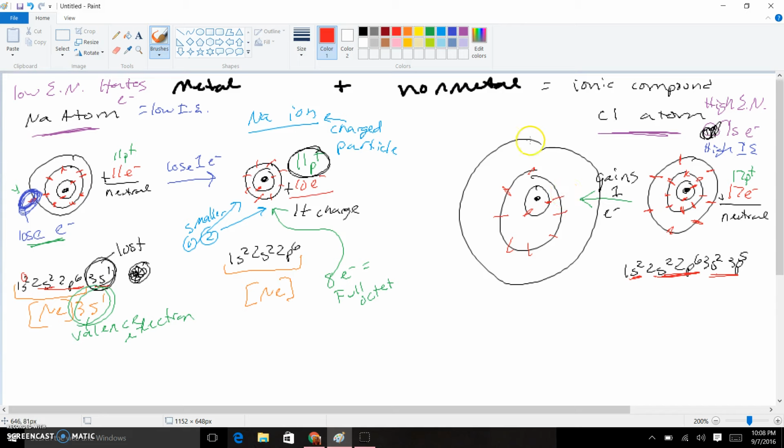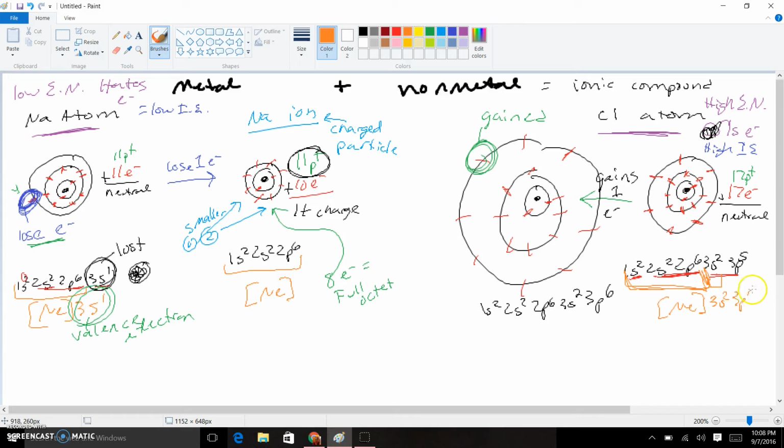8 electrons in the second ring, and 1, 2, 3, 4, 5, 6, 7, 8 electrons in the third ring. This last electron he gained from sodium. That 1 electron that he gained. So if I look at my electron configuration now, I've got 1s2, 2s2, 2p6, 3s2, 3p6. If I do the shorthand for this sort of thing, I can see, oh, not the 3s. Sorry, just up to the 2p. That would be neon,